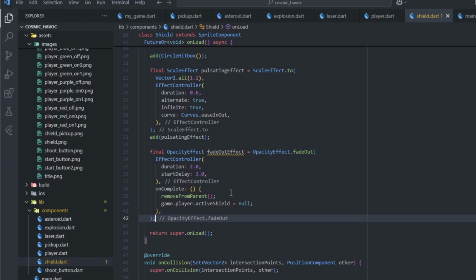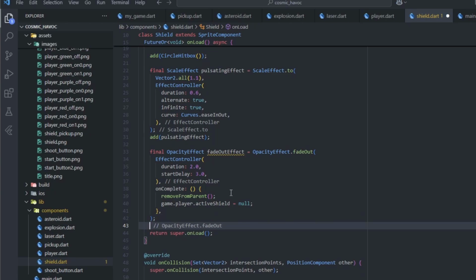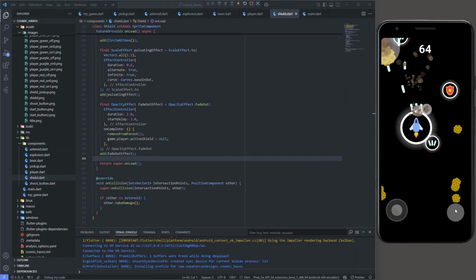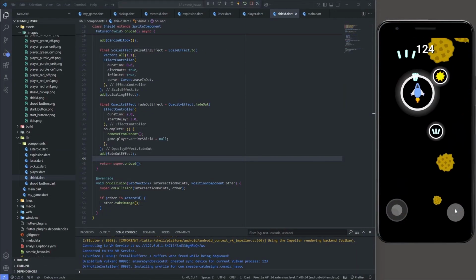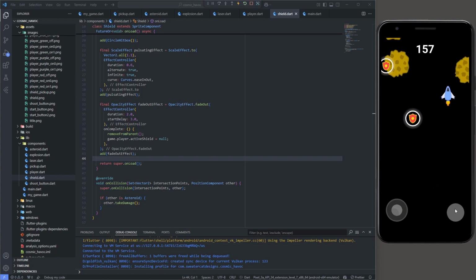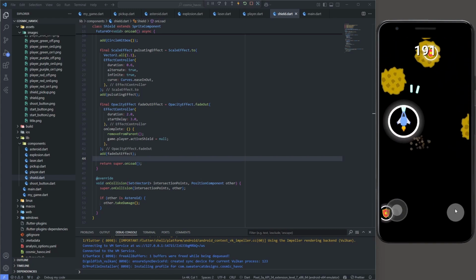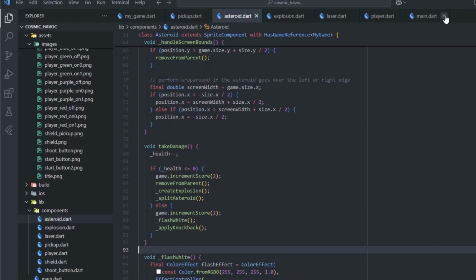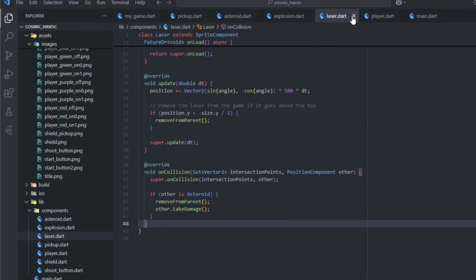Okay, and finally, let's add the effect to the shield by typing add fadeOutEffect. And now if we collect a shield pickup and don't pick up another one, the shield starts fading out after 3 seconds, then goes away. Excellent. Alright, we can close out of the shield file now, as well as the laser file,